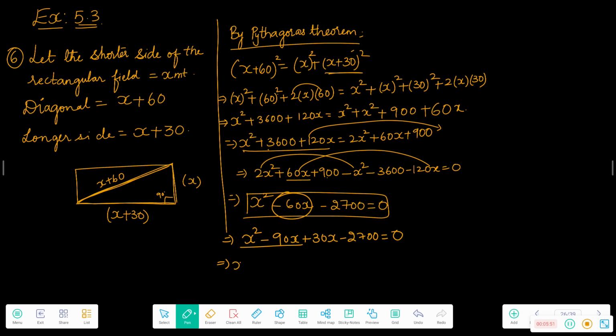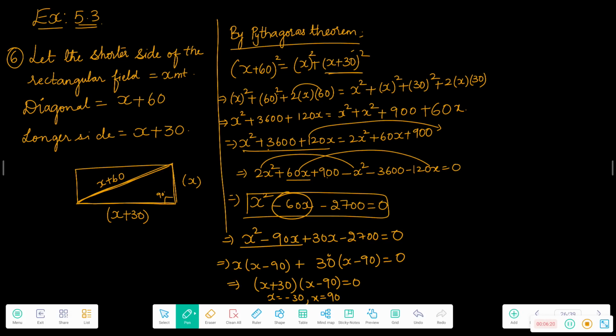So here I'll take x common, x minus 90, plus 30 common, x minus 90, is equal to 0. So (x plus 30)(x minus 90) is equal to 0. So the x value is minus 30 and x is equal to plus 90. So here the value of x is the length of the